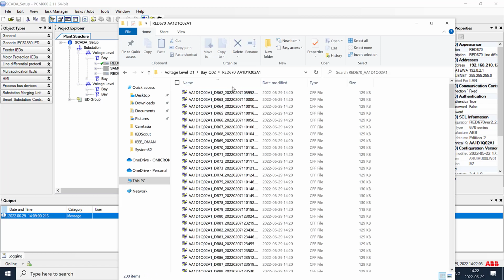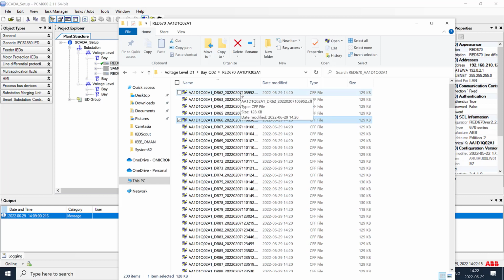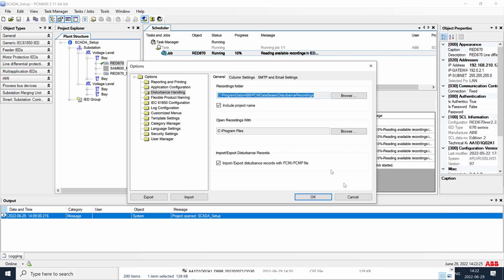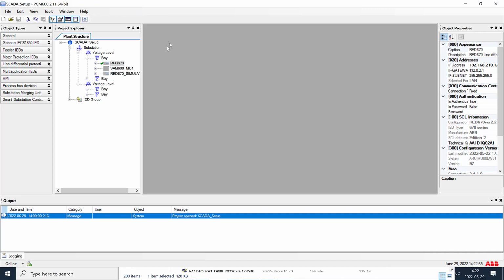There you can go to the specific IED object, and you see there are a lot of COMTRADE files. Overall, 200 COMTRADE files are available in this IED object. This is just a maximum number for this IED object, and we can even collect all these COMTRADE files. In case you would like to check another case, it automatically does the job in parallel when you're working with another